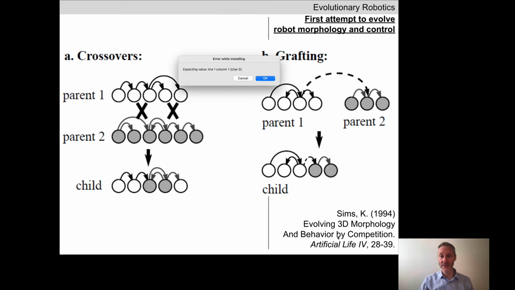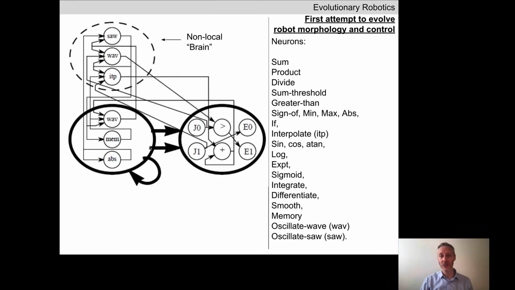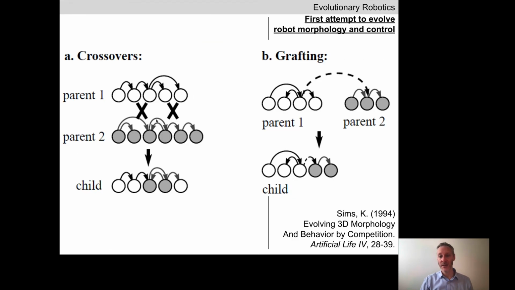In some cases, we can mutate the genotype, but Sims also built in a sexual recombination, where he takes two parent genotypes. Remember, these are graphs. And he needs to find a way to cut these graphs in half and glue the two halves together to make new graphs, new multigraphs that become the genotype for the child robot, which inherits genetic material